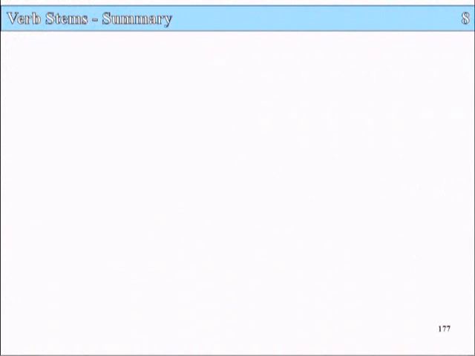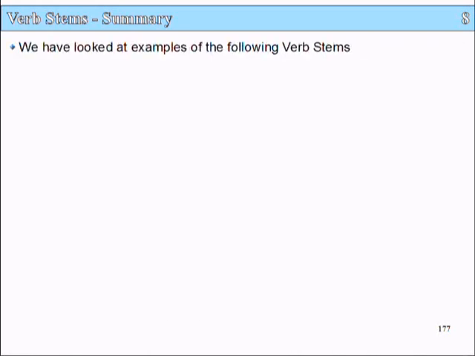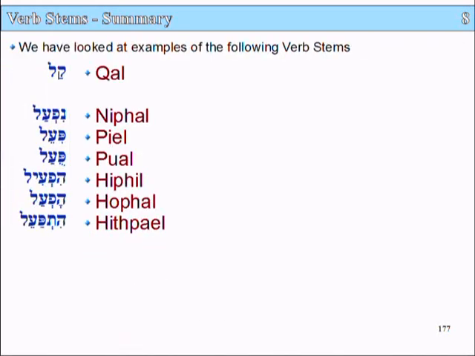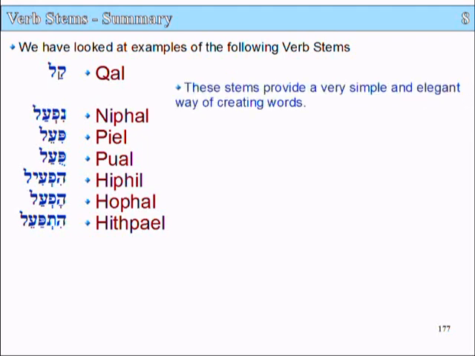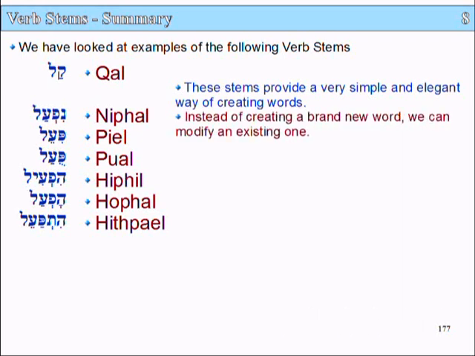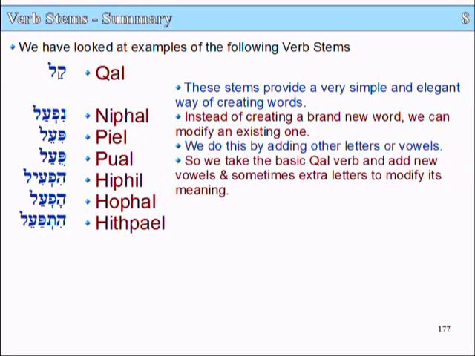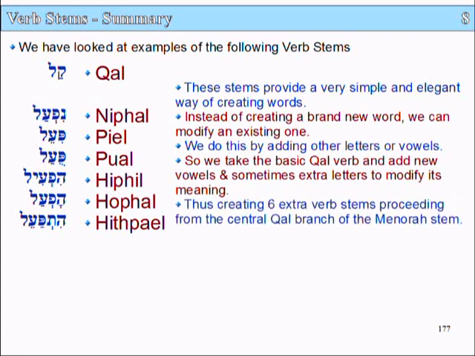Slide 177, Lesson 8, Verb Stems Summary. We have looked at examples of the following verb stems: the kal, the nifl, the pile, the pool, the hifl, the hoffel, the hithpale. These stems provide a very simple and elegant way of creating words. Instead of creating a brand new word, we can modify an existing one. We do this by adding other letters or vowels. So we take the basic kal verb and add new vowels and sometimes extra letters to modify its meaning,